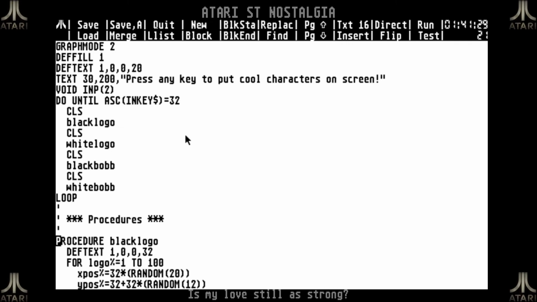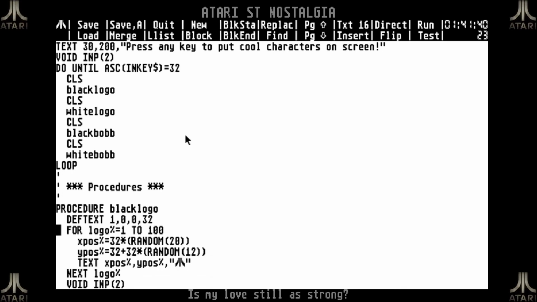These are quite familiar. What I basically do is to say, okay, in the first one with black logos, I will define the text as black text, no style, size 32, count to 100, and basically make a random position for X and Y, but taking into account the size of the thing I'm actually going to type. So it will be somewhere between 0 and 19, and then it will also have a Y position, which is 32 plus something, and